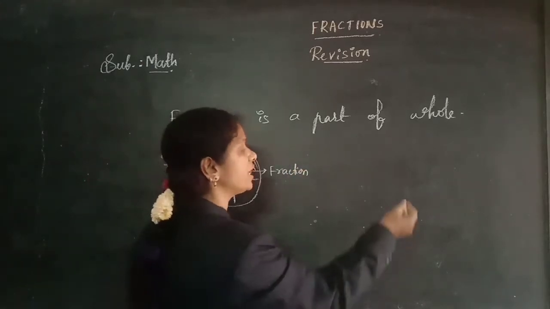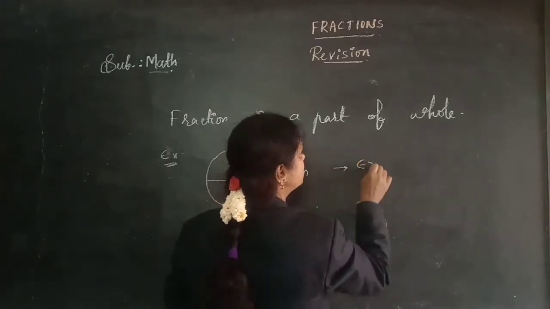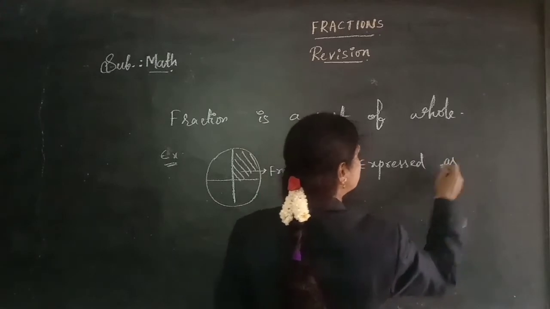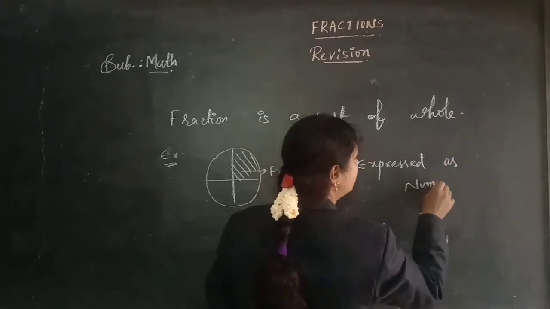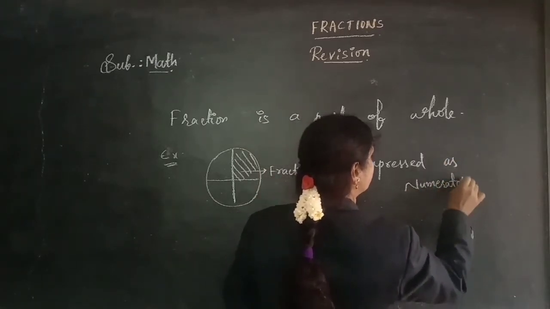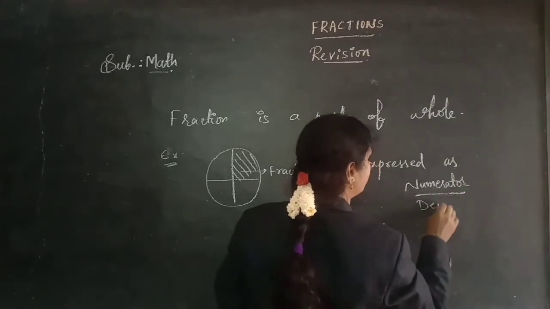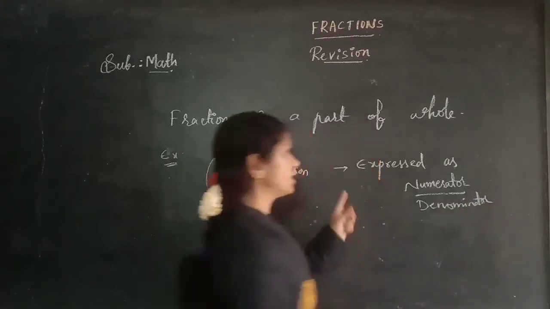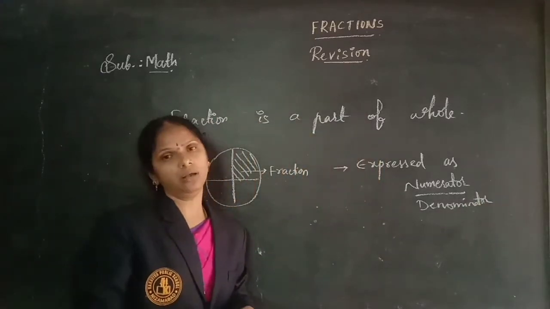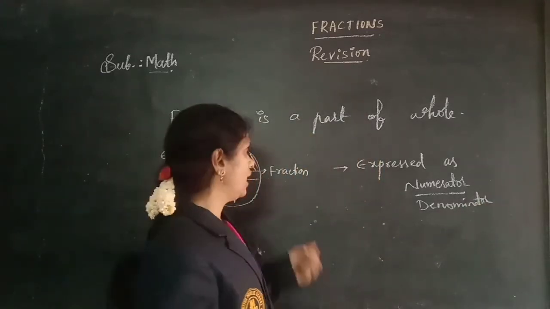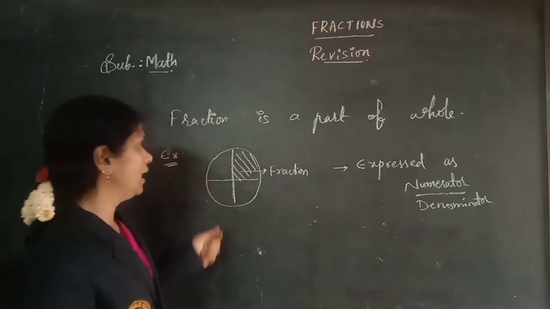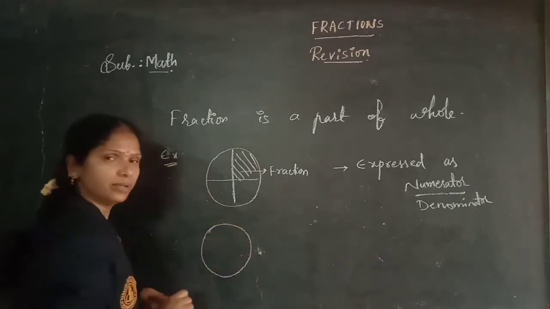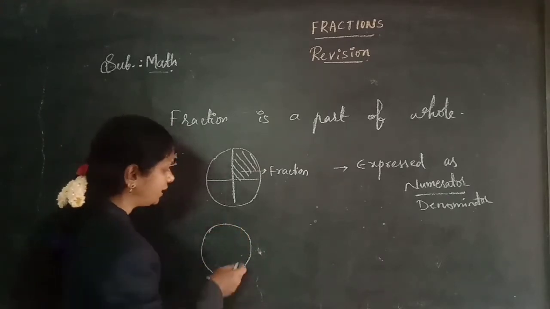And how can we express a fraction here? A fraction is expressed as numerator by denominator. And how can we write it here? In a whole, for example, in one whole, if I divide it